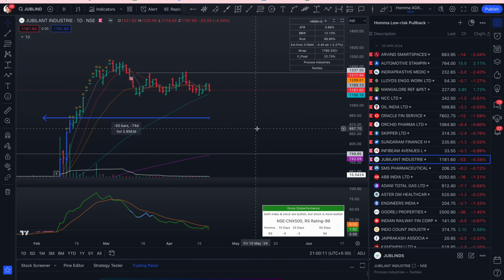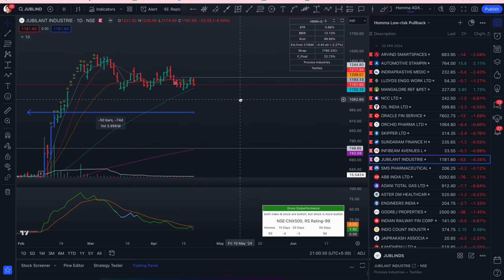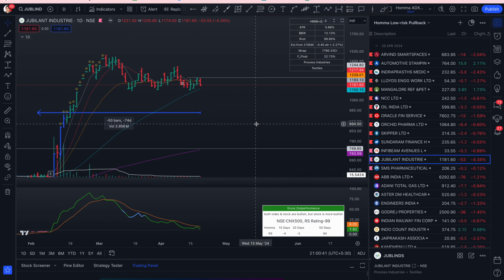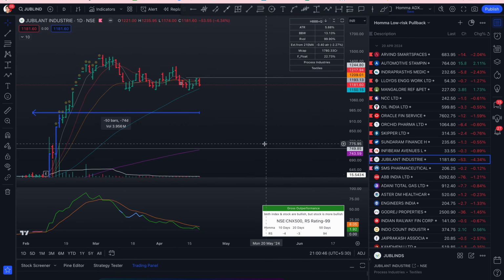So what do you have to do? If you don't want to miss this, you can either put a GTT above this, or if you want to punch the order live, you take this and just put it here. On Monday, if this breaks out, then you will know that Jubilant Industries is going to break out. But again, the catch here is these 5% stocks, they will move in circuits. So in 5% stocks, if you want to get an entry, always use an anticipation entry, which is probably the right time now. Again, this is not a stock recommendation channel. This is just,